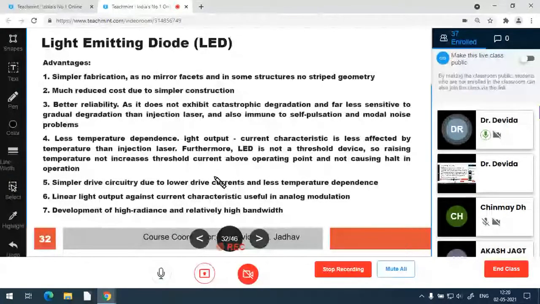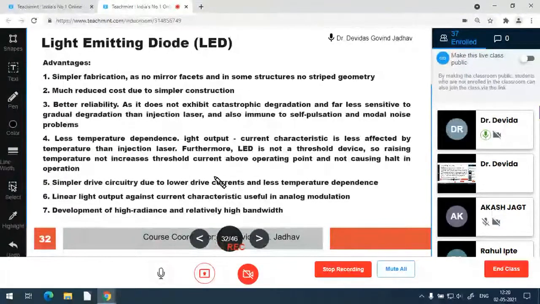and modal noise problems. Due to the resonance, lasers are self-pulsating and generate modal noises. If it is operated for one mode, other modes are also generated with a small amount of output, and these work as noise. These are called modal noise. As we know, the device can have infinite modes. Out of that, the gain curve can control only a few modes. But whatever modes we have designed for the device, the other neighboring modes also resonate, and that creates the modal noise and self pulsation.